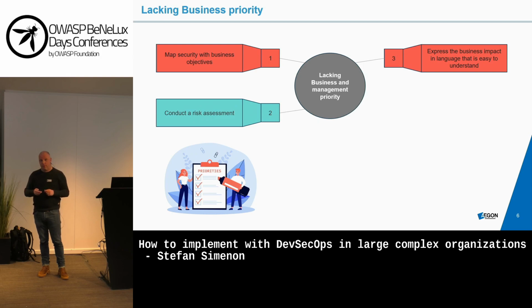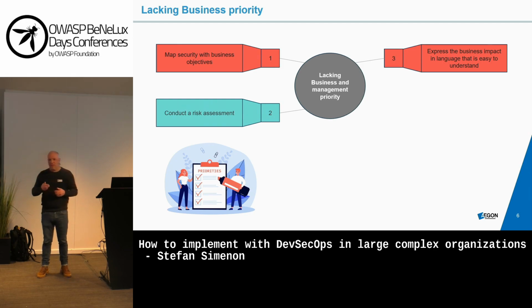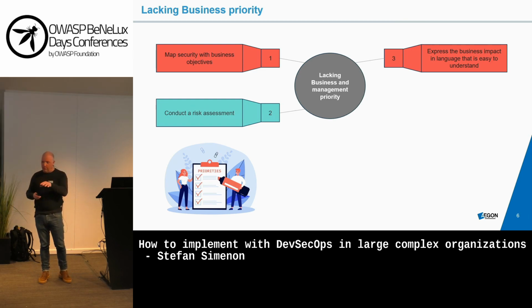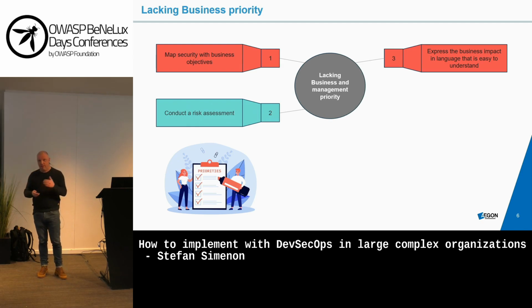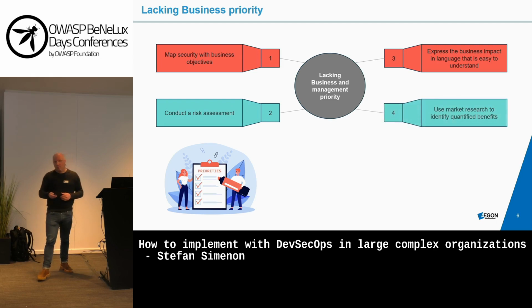What is also important is that if you need to convince the business, explain it to them in a language which is understandable. Do not explain about SQL injection or lots of technical language, but focus upon the functional impact of a hack, or focus upon the functional impact if a compliance is not met. So make sure you express the impact in language that is understandable for business. And also, I have seen companies who are asking for business cases for return on investment.